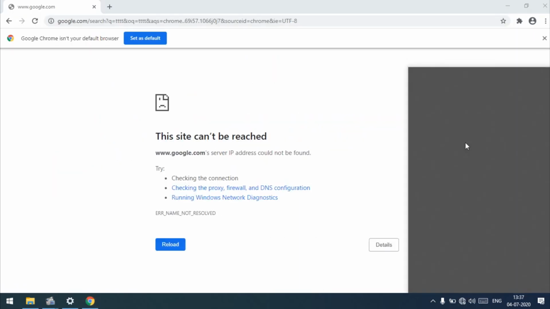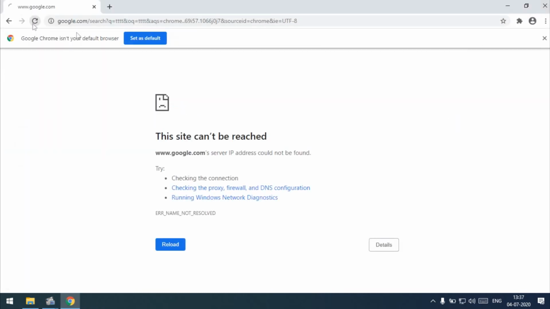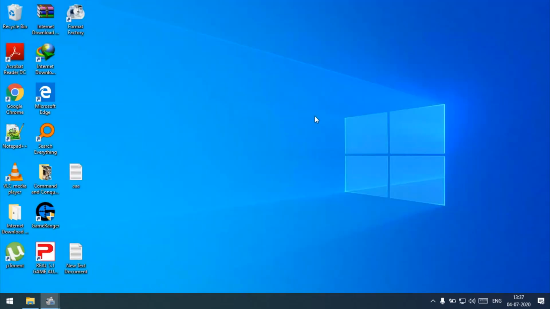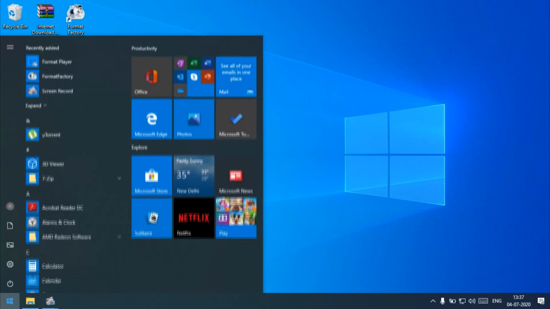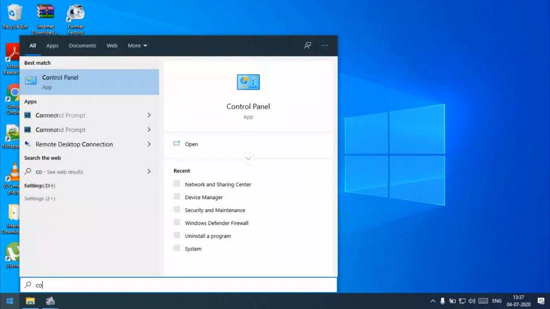When you disconnect, and if you want to connect again, you don't have to repeat the steps. Just go here and connect. It will get connected. So if you want to check whether your router is having any problem, or if you experience lag or slow internet speeds, then you can directly connect and check, and then you can replace your router.